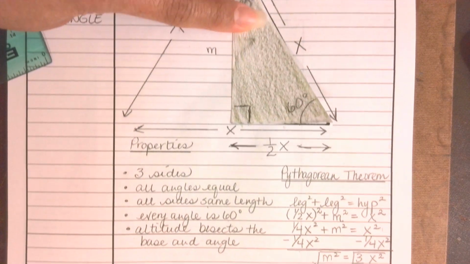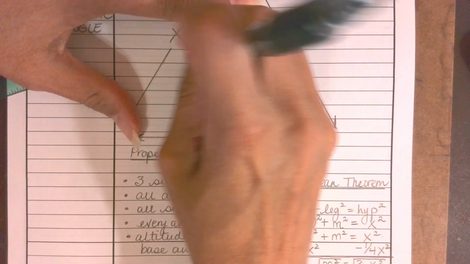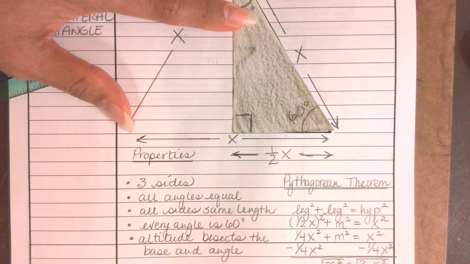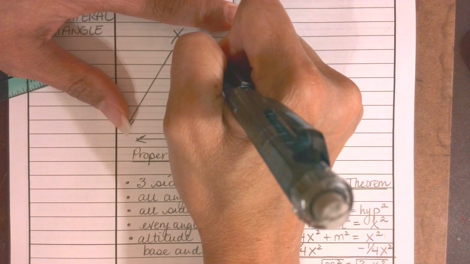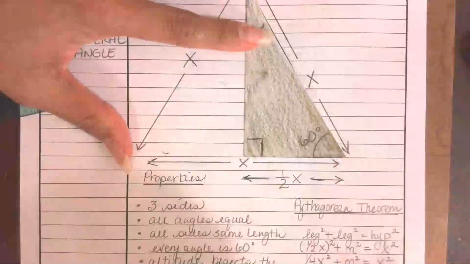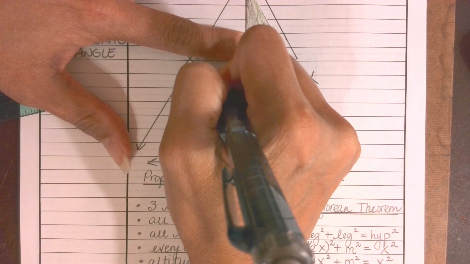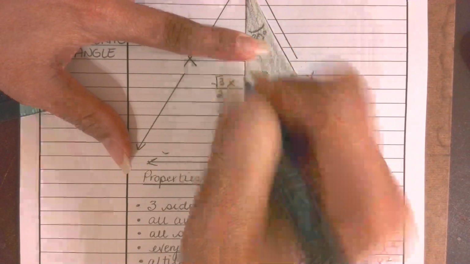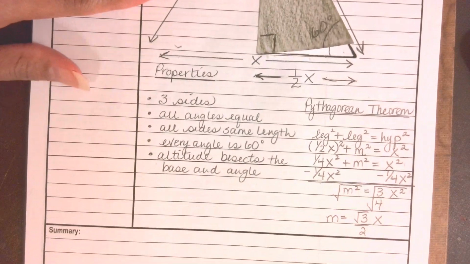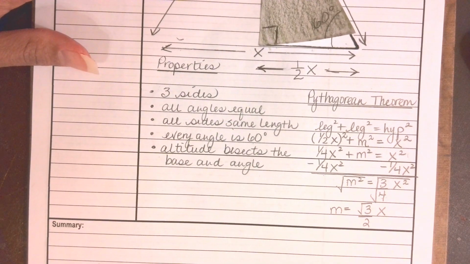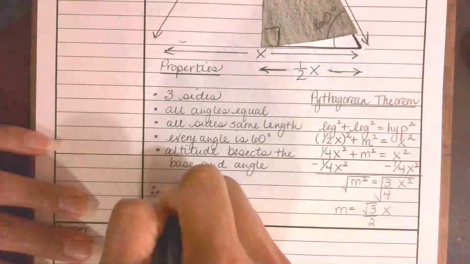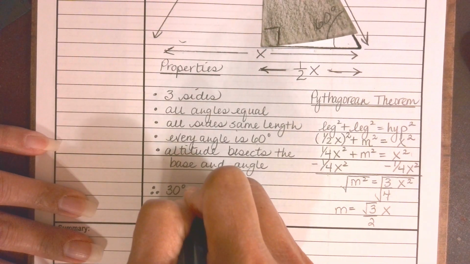So there's the length of our altitude. So let's come up here, and we're going to write in our missing side, m for missing, is square root of 3 over 2x. I better scoot it over. Can you see what I'm writing? Okay, square root of 3 over 2x. Okay, so let's write down our conclusion down here. We have discovered our 30, 60,